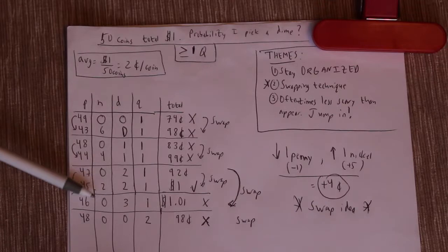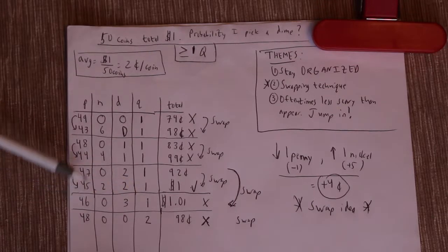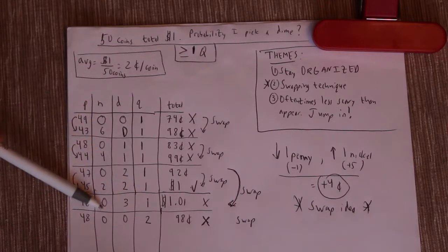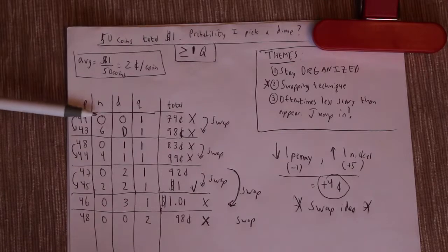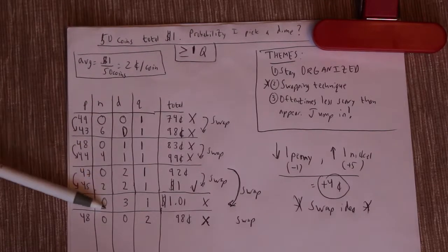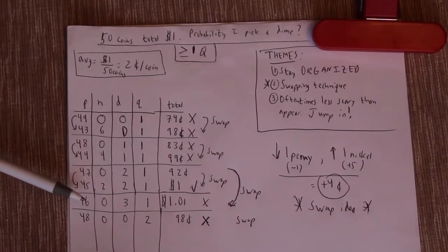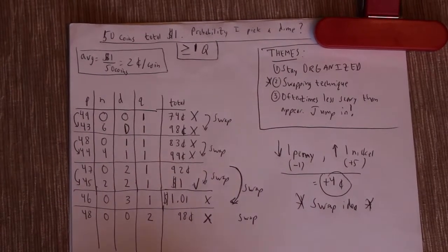By the way, I don't have to start with 46, or I don't have to make these zeros to start with. That was just a way for me to stay organized. You could have gone in the totally other direction and started off with a high number of nickels and then swapped it to get the right number of nickels and pennies. So you could either start high or start low, but just always start from one end.